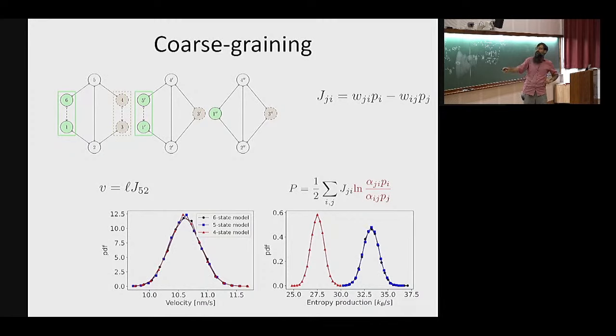And what you see is this is very nicely conserved. It's the same in the 6-state model, in the 5-state model where we have only 2 of them, well, these 2 are merged, and in the 4-state model where we have merged states on both sides. Okay, this is the same, and it should be, because that's how we constructed our procedure. We wanted the fluxes to remain the same. There are some other quantities that also remain the same, and there are some that remain almost the same, but there is one quantity that really does not stay the same,